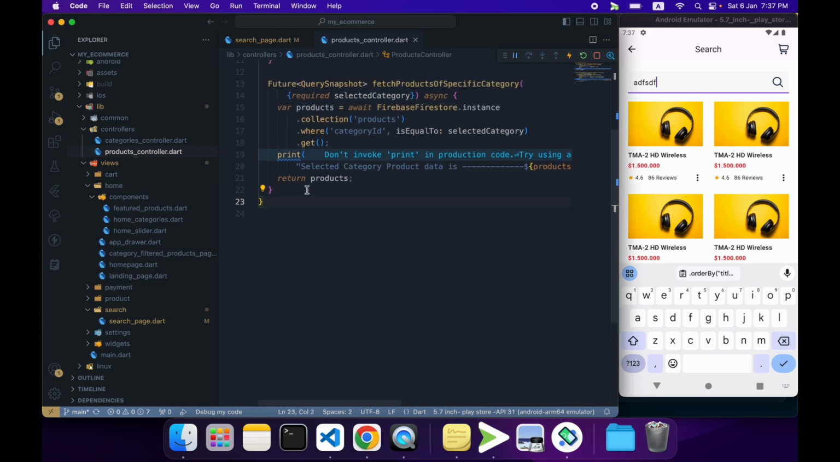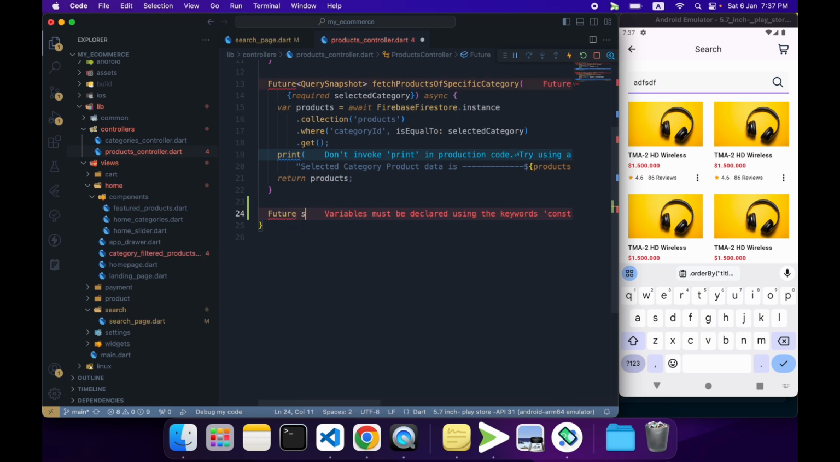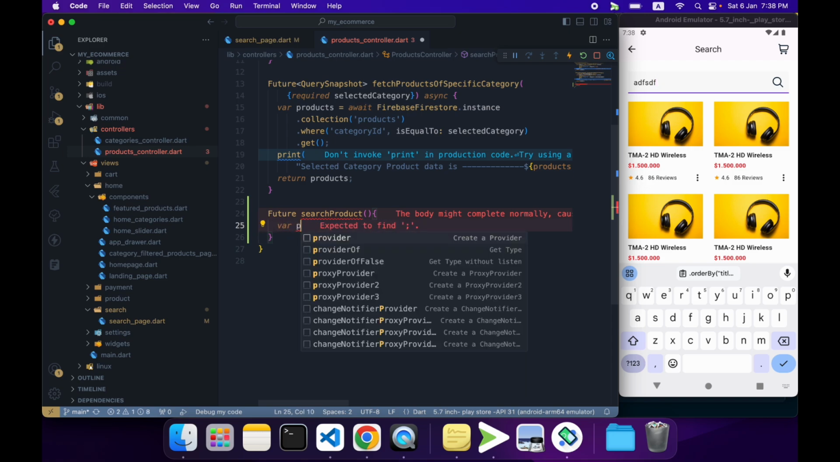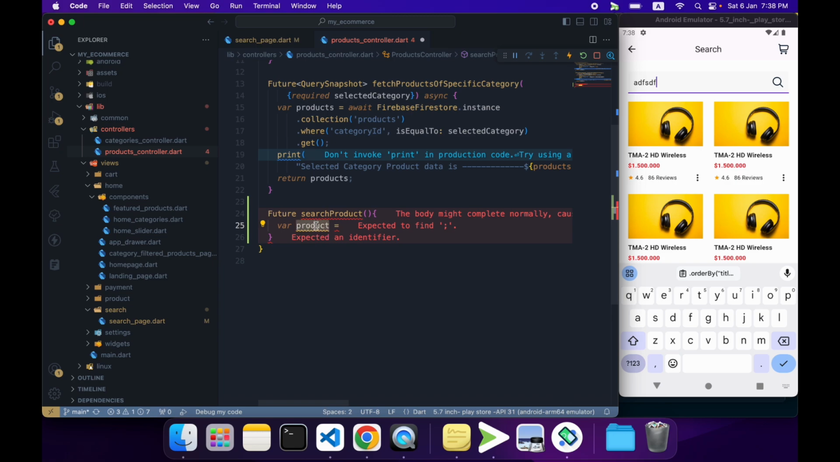So to do that, first of all, I will go to this products controller file, and under here, I will create a function, call it source product, and just like before, we will write a query, and when we receive the data, we will put the data inside a variable called product, and right here I will write